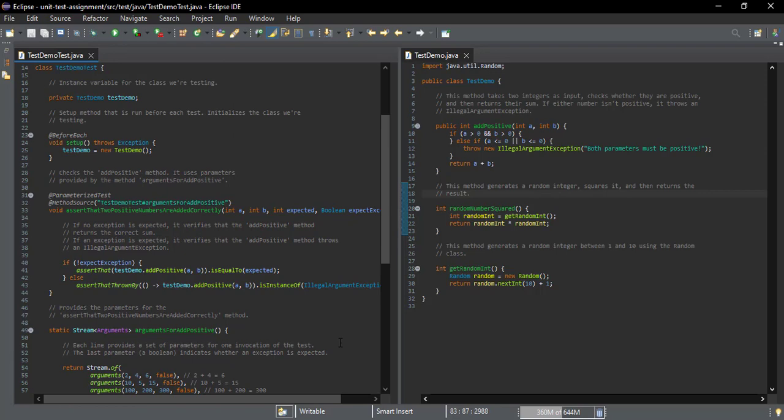As we execute, you'll see that each of the arguments in our arguments for add positive method will be passed to the assert that two positive numbers are added correctly test method, and this will ensure that our add positive method